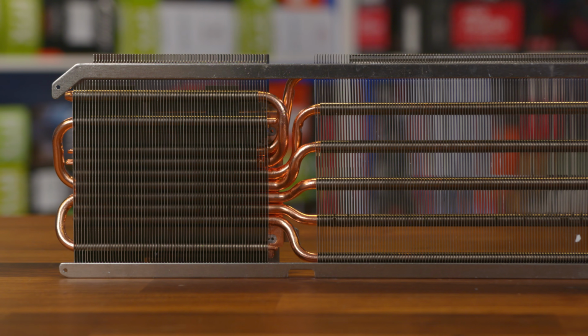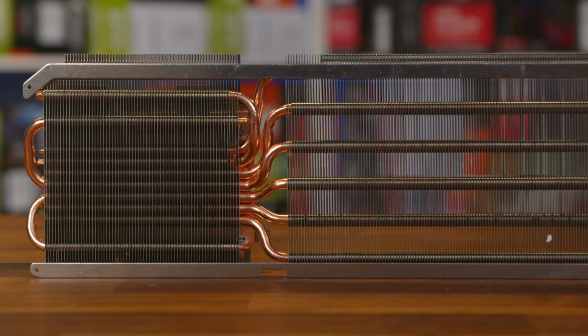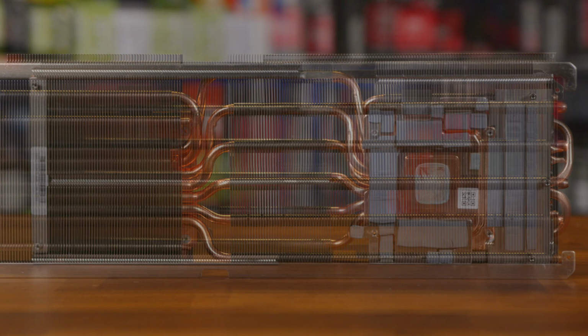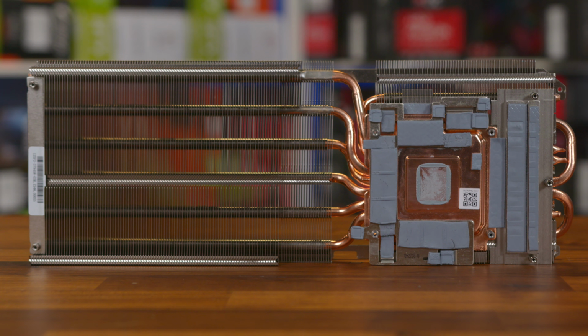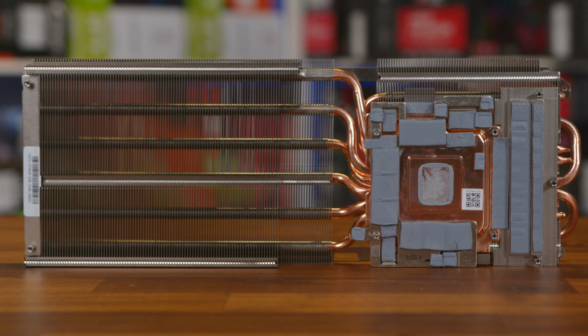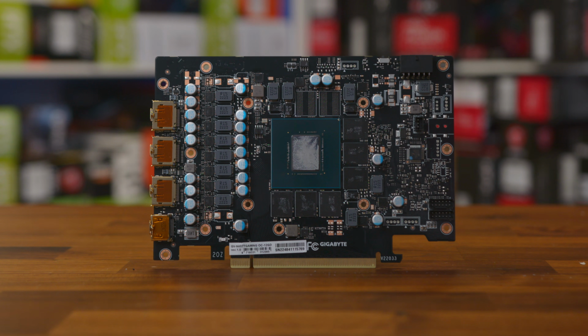The heatsink is split between 2 large sections, which are then joined by 7 copper heat pipes, which terminate at each end of the block. They also pass by the vapor chamber, which makes direct contact with the GPU core, GDDR6X memory, and the all-important power stages. Considering the size of the card, the PCB is relatively small in the grand scheme of things, and